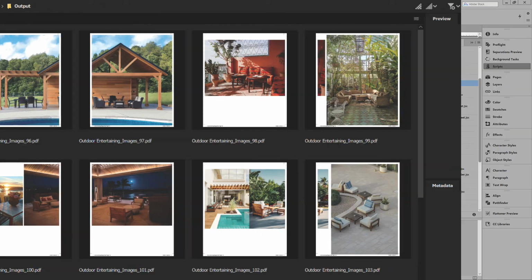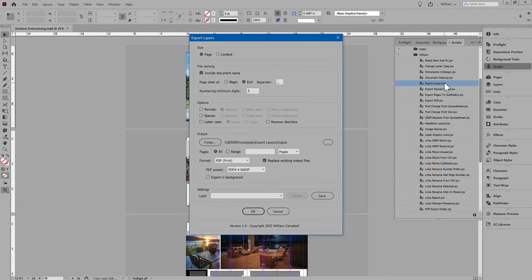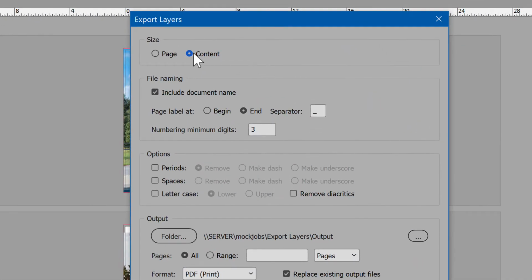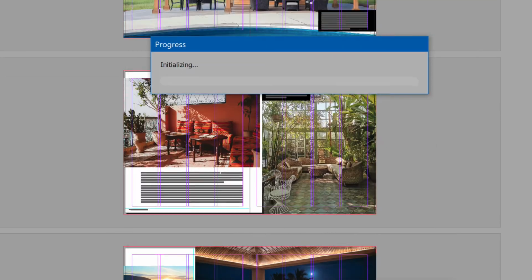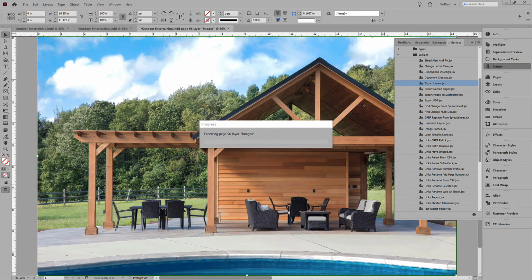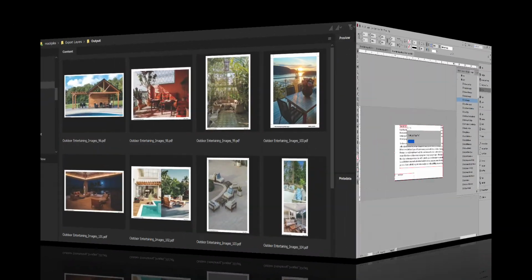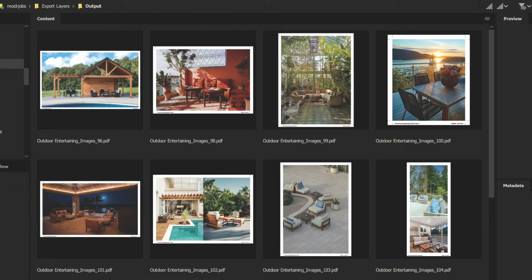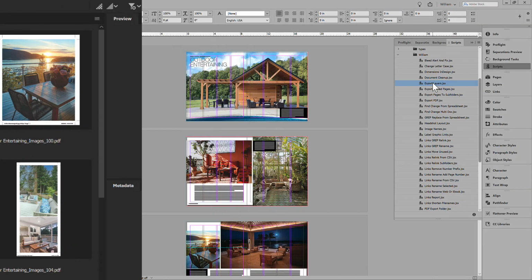Next, let's try content instead of page. Change the size option to Content. As you can see, we get a much different result. These are still PDFs with marks. Let's make JPEGs instead.